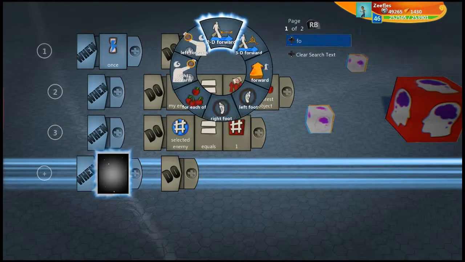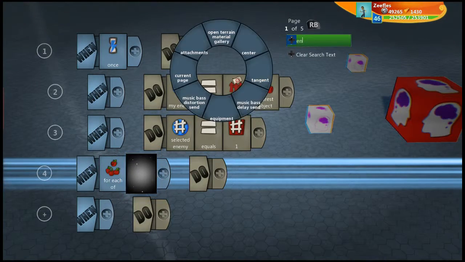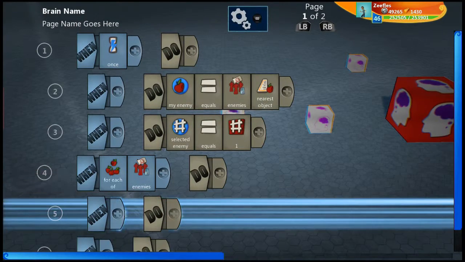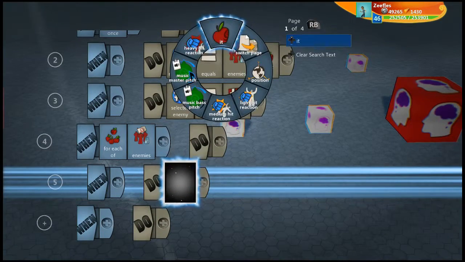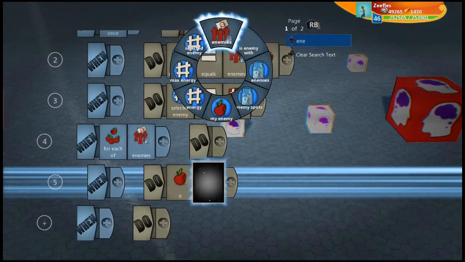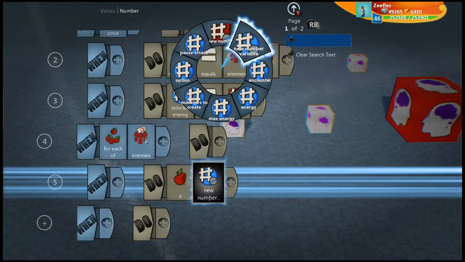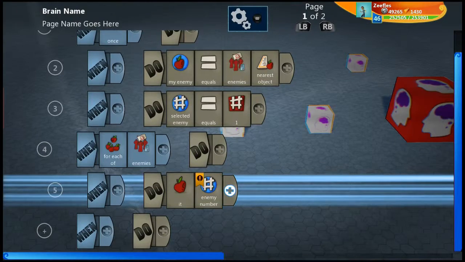Let's start here. We're going to go for each of loop. We're going to say for each of our enemies, how about we make an enemy number? Did we already? Oh, I was typing that, but I didn't end up finishing typing it. That's what we need to do. We need to say its enemy number is going to equal